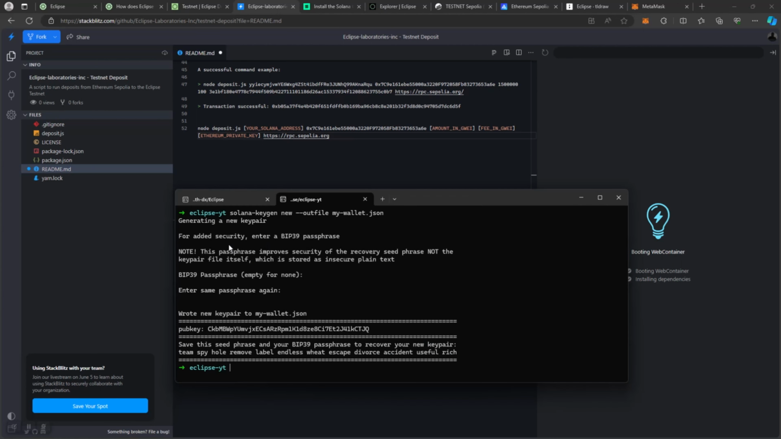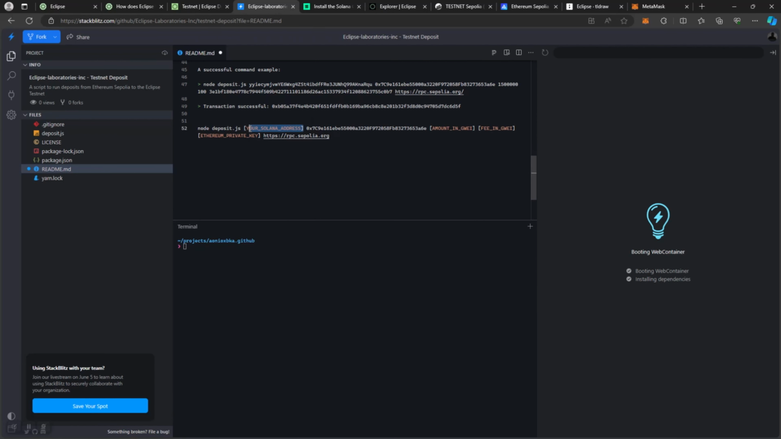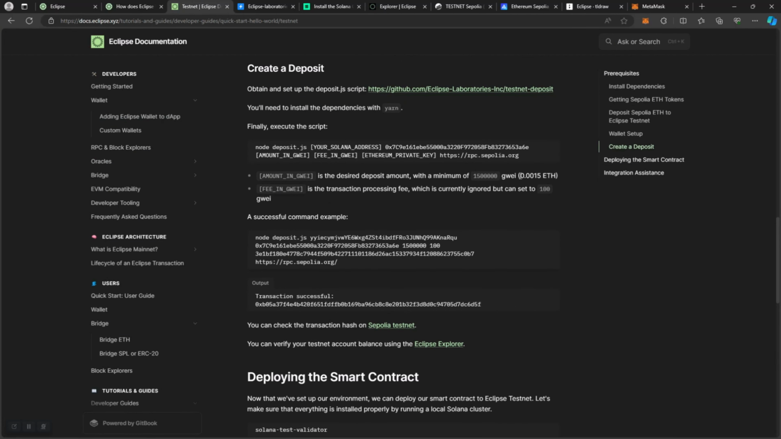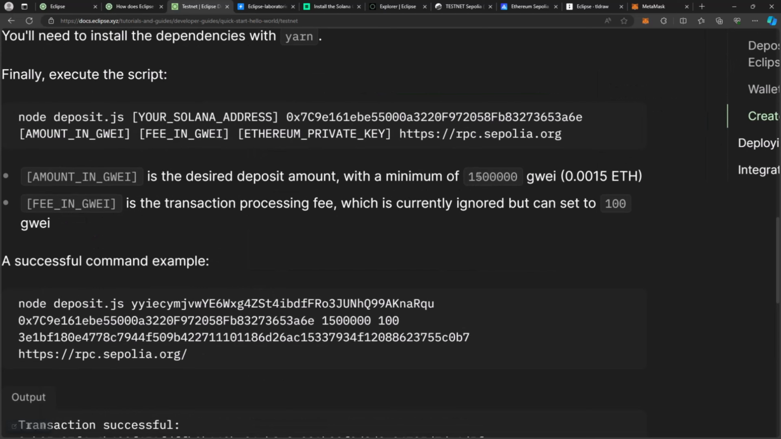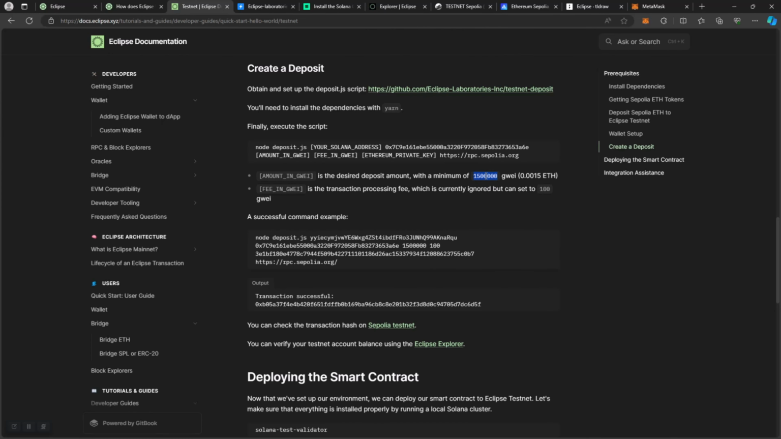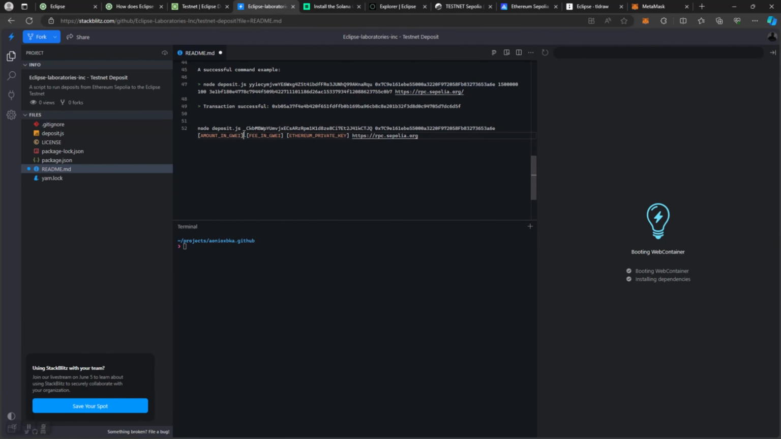So my Solana address is going to be this that we created. I'm just going to copy this and I'm going to go right here and replace this with Solana address. That is done. Amount in GUI, and according to the documentation, this is if you have an amount 0.0015, this is what is going to be in GUI. So I'm just going to copy this, and the minimum is 1500000 GUI. So I'm just going to copy that and replace this with the amount in GUI,